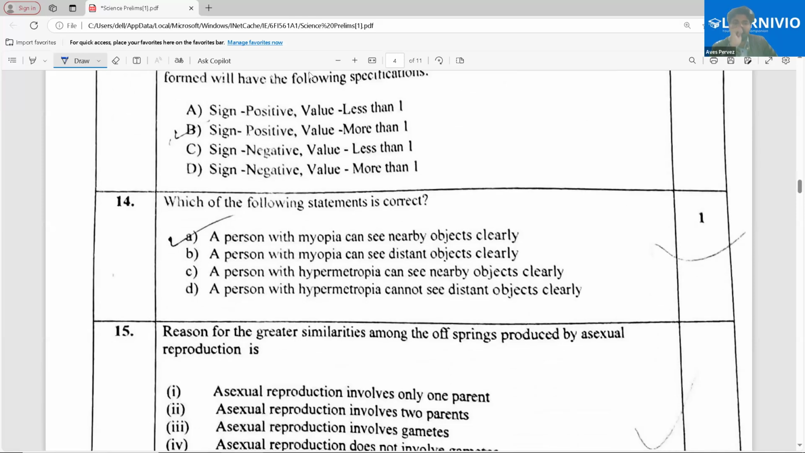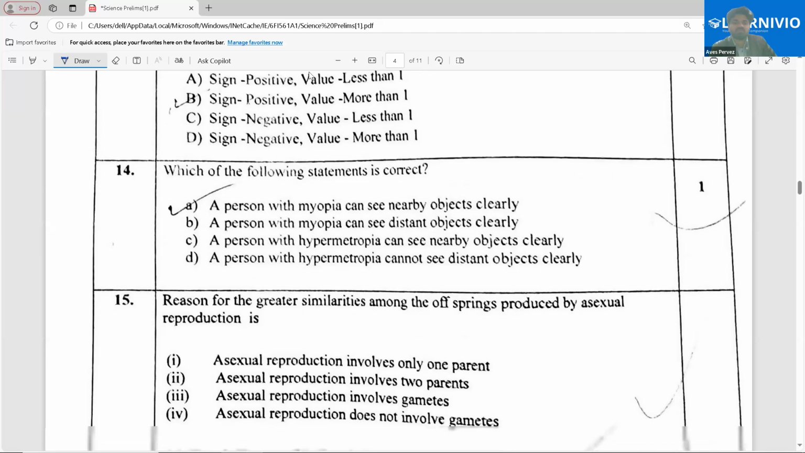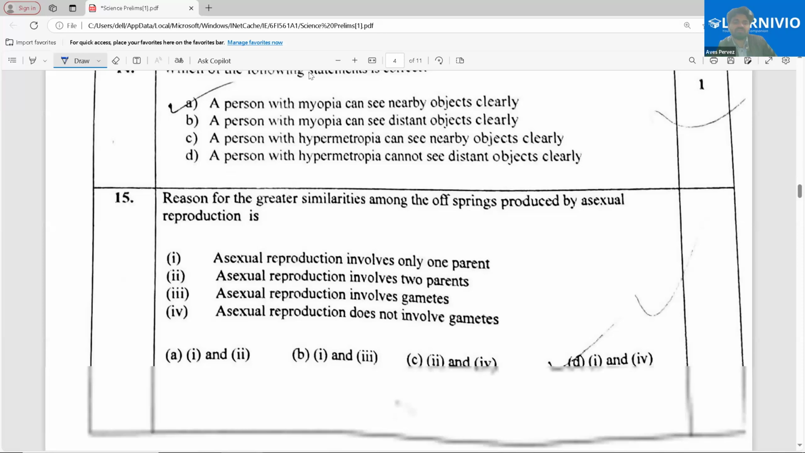Okay. If the following statement is correct, can see nearby objects clearly. Yes, correct. After that, the reason for greater similarities among the offspring produced by asexual reproduction is... Correct. A reason for the greater similarities among the offspring produced by asexual reproduction is